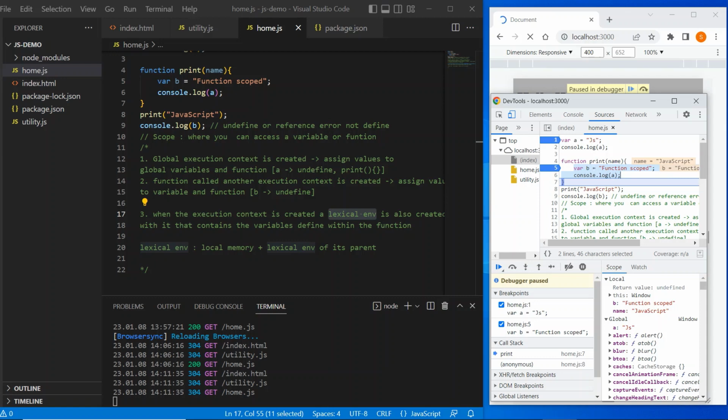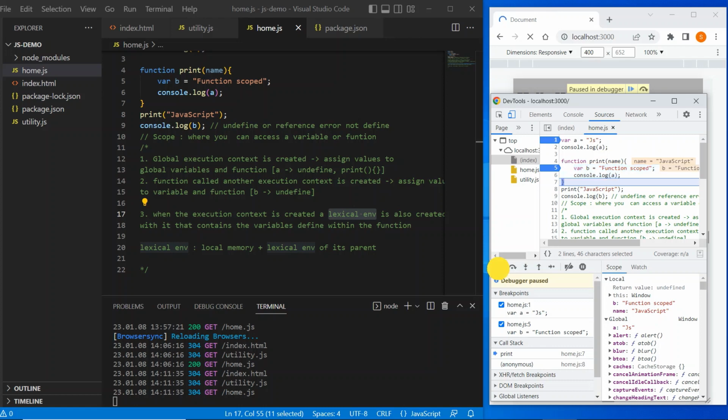That means in that memory part b is defined. Okay, and it also has reference to parent lexical environment, that is global execution context lexical environment. So that's how, if it does not find a variable inside the local memory of its own local scope, it will look into the parent lexical environment local memory. So that's how it works.